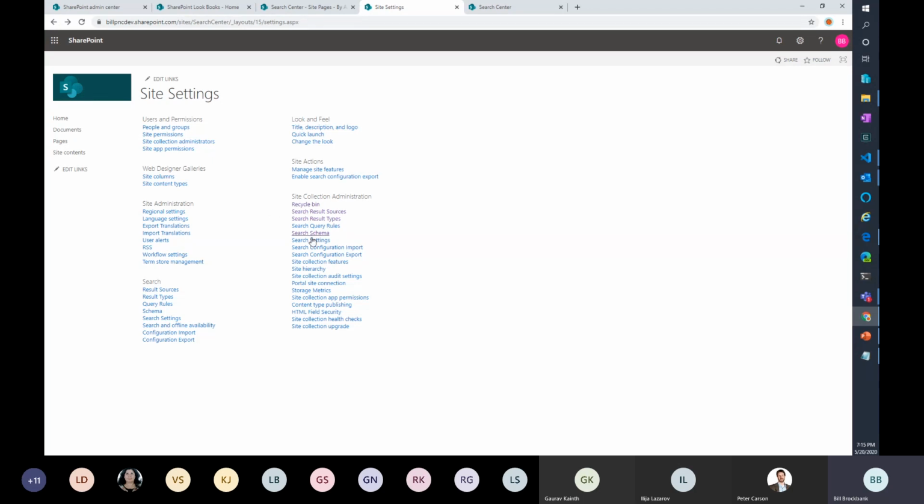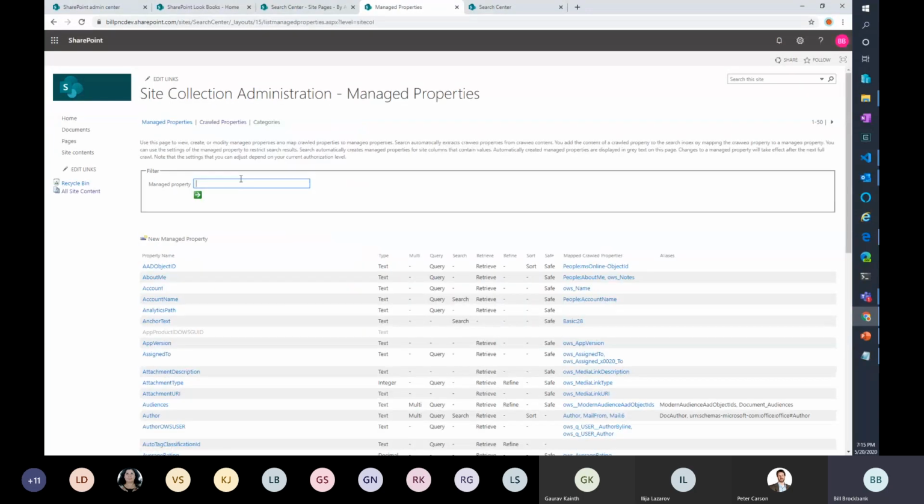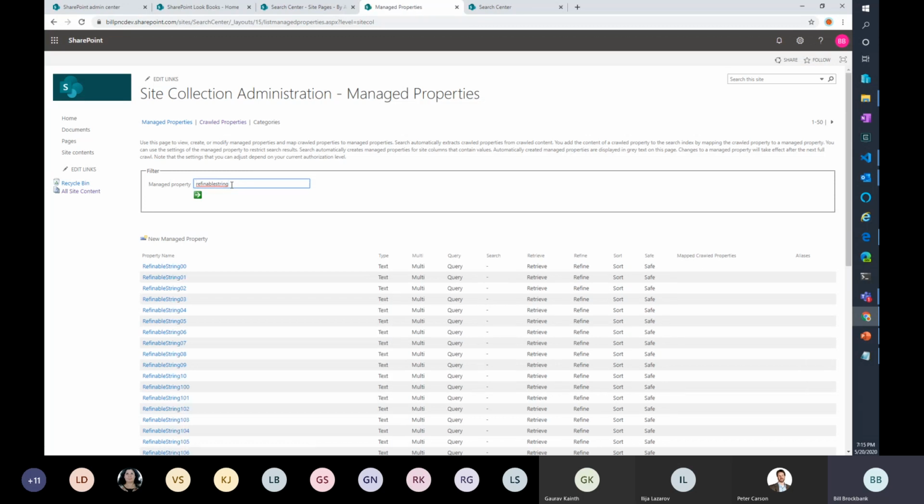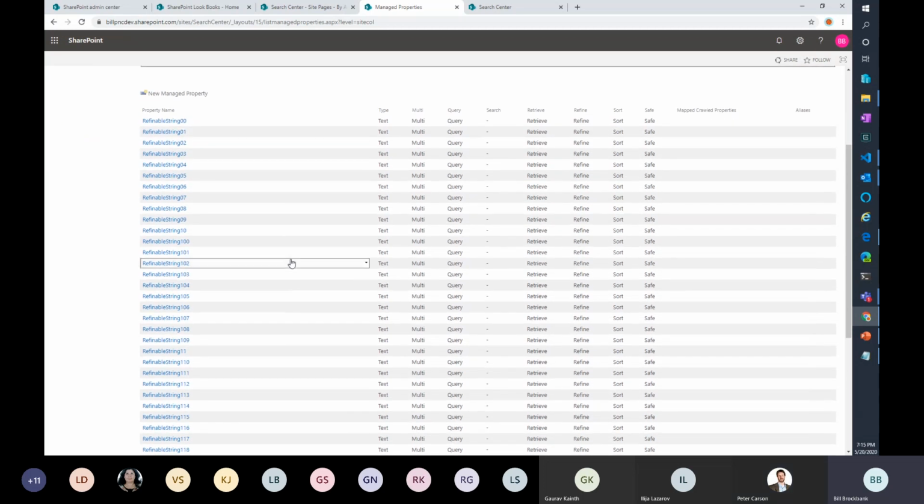So let's go look, you were asking about that. If you go look at this one, won't have it. Or do you see the ones from the other site collections in this? No, you won't see them from the other site. You only see them from your parent. So these are refinable dates. That's one of the others. It's refinable strings. So these are all my refinable strings. Did I spell that right? No, I didn't. Or no, I got it. Yeah, these are all the refinable strings that you actually can go configure.